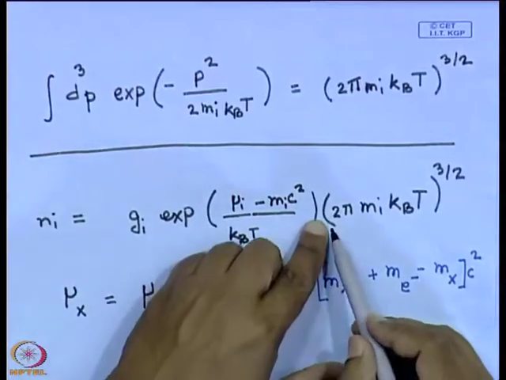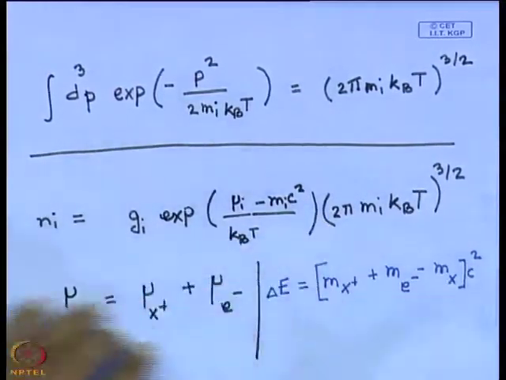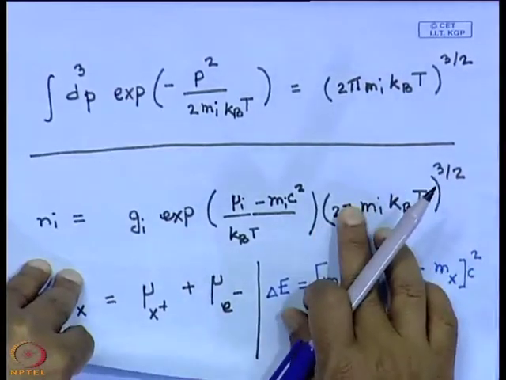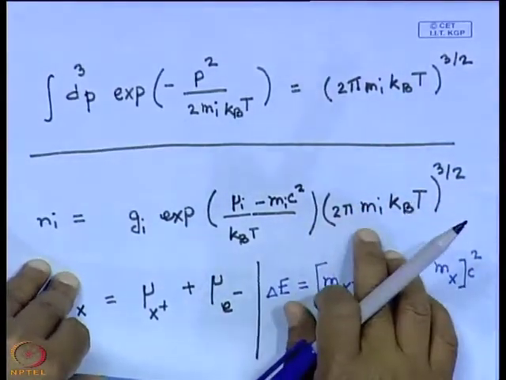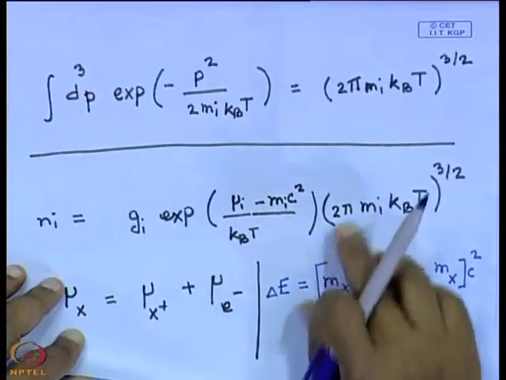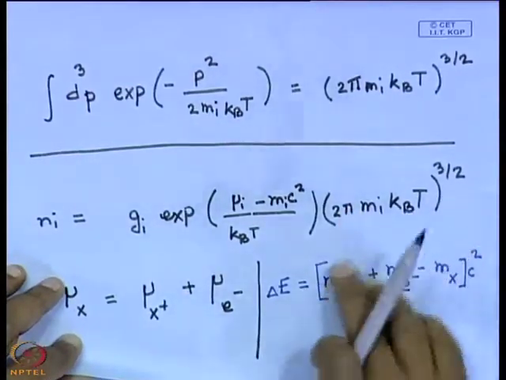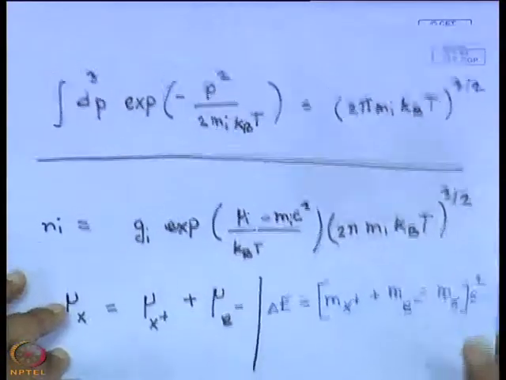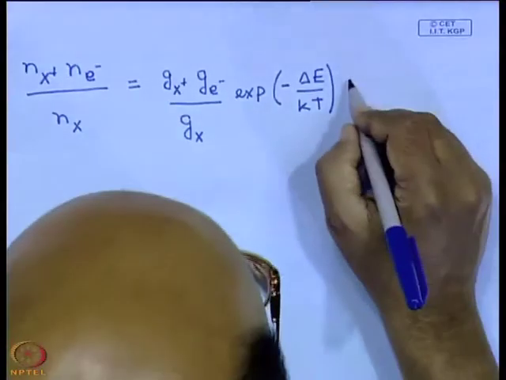And we have a ratio of this number for the product of this number for the ion and the electron divided by that for the neutral atom. The ion and the neutral atom, the masses are approximately the same. So, in the ratio it cancels out, and what we are left with is